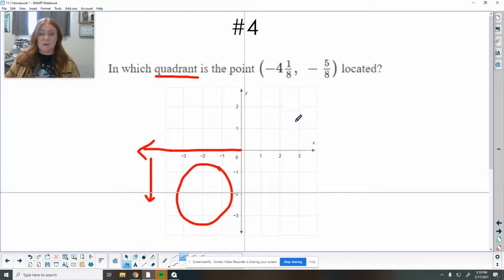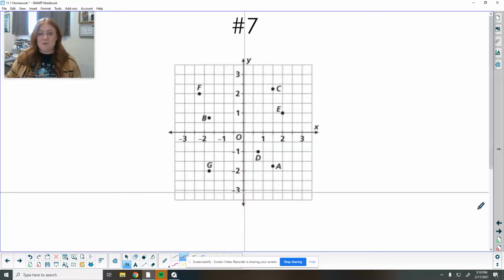So remember, it starts here at 1 and moves its way around. You can also go back to the beginning of this video and see what quadrant this is located in. So negative, negative. So to the left and down puts us in which quadrant? Okay, and then we're going to skip to number 7. So I want you to try the others on your own and think about what we've learned,